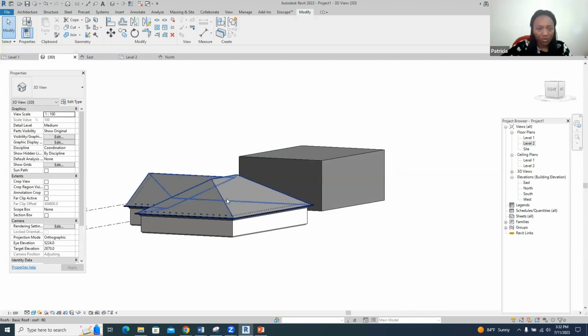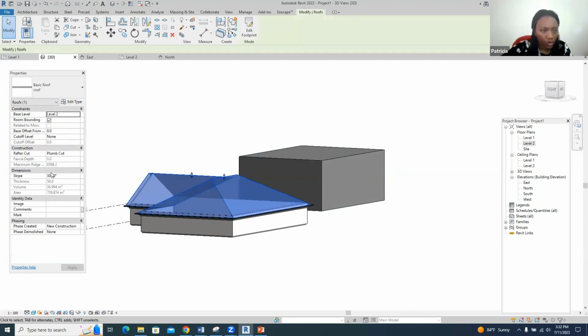Yeah, so one thing I didn't mention for the roof, if you selected the roof, you can change the slope. So here is 30 degrees. So let's say I'm changing it to